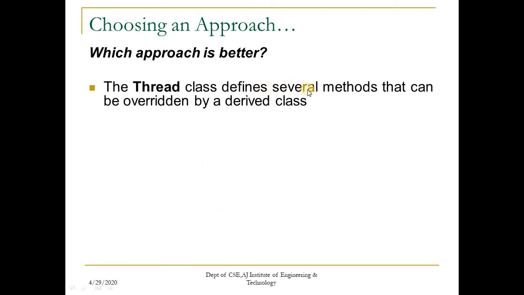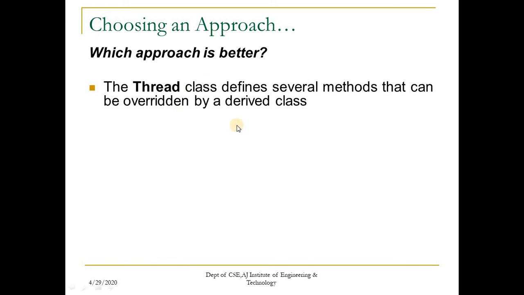The Thread class defines several methods that can be overridden by the derived class. As we have already seen the different methods in the Thread class in the beginning of this chapter, those methods can be overridden by the derived class. As we saw in the previous example, we have just overridden the run method. For the start method we are making use of the Thread class implementation. For the run method we have provided our own implementation. We have overridden the run method,